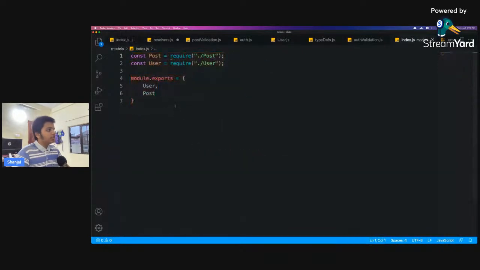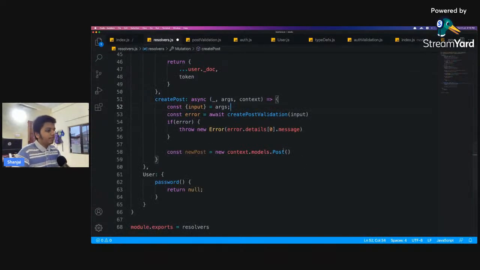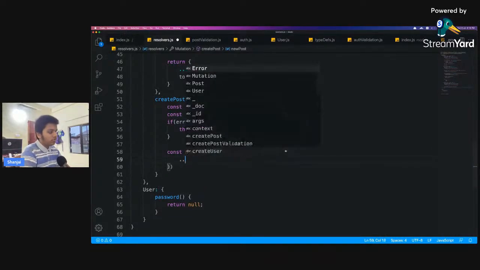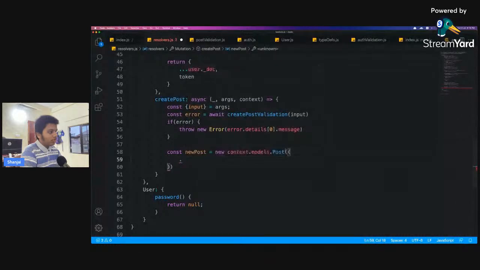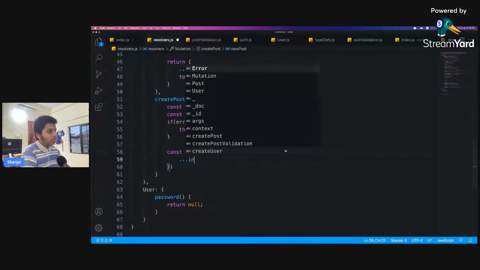The models property actually is an object in itself and has the models of user and post, so we can access those models that way, and then pass in the input. Okay, we don't need to pass in the input actually. Dot input, which will be the message only. So let's say message will be equal to input.message. Rather than that, we can just say dot input,